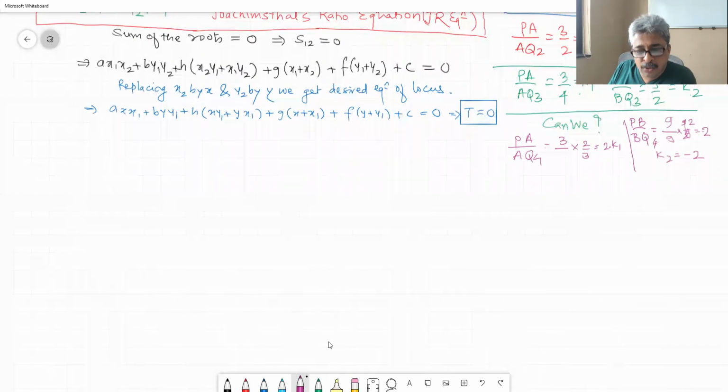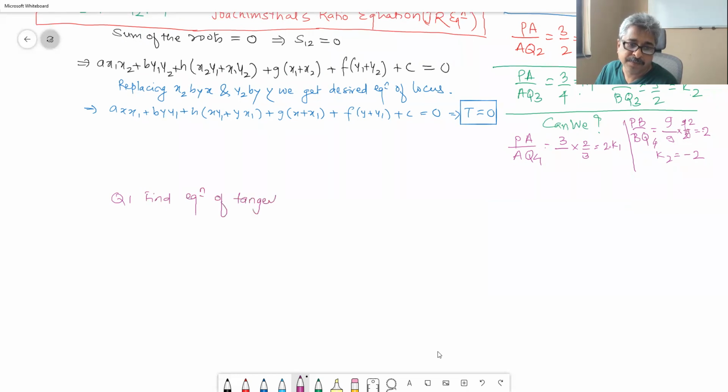Let us practice using t is equal to 0 and writing down the required equations very quickly. Not difficult, but sometimes you will have to. For example, question 1. Find the equation of tangent to the ellipse x square upon 25 plus y square upon 16 is equal to 1 at